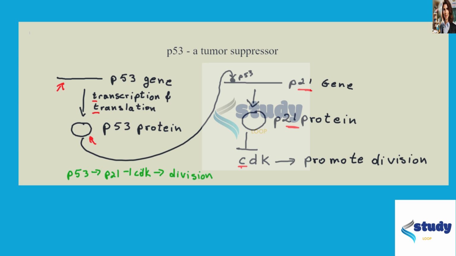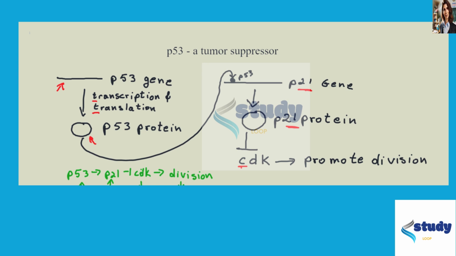Okay, so if you increase P53, let me draw a better arrow there. Should be an up arrow. Okay, if you increase P53, you increase P21, which means that you lower the activity of CDKs and you prevent cell division. So that's how P53 is a tumor suppressor gene, because if it can detect that there's something severely